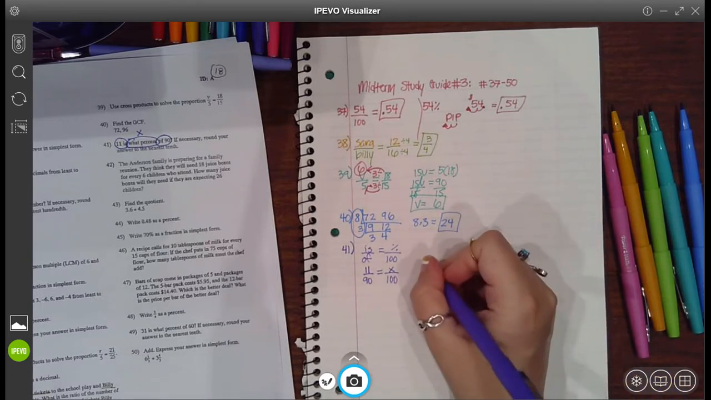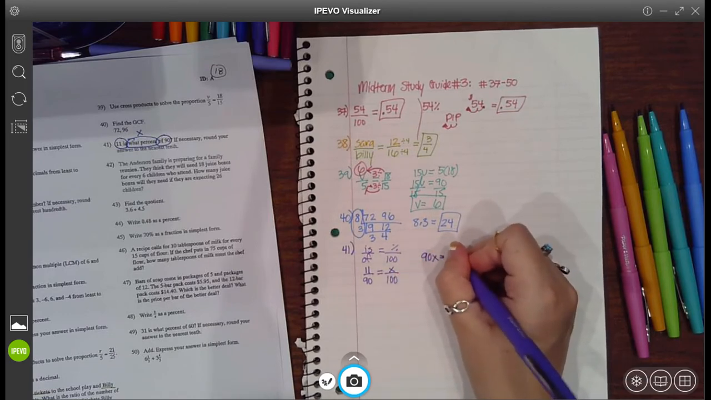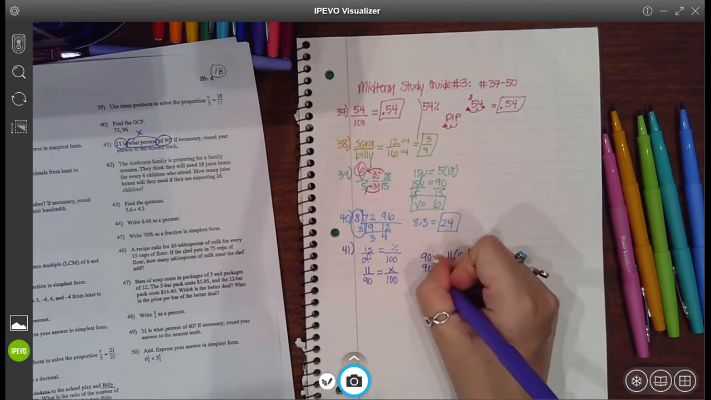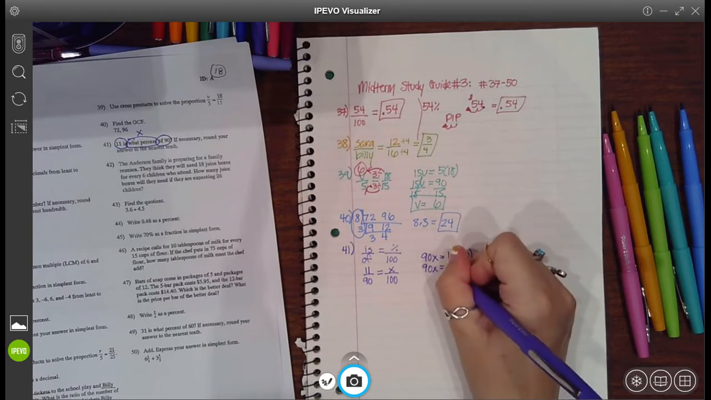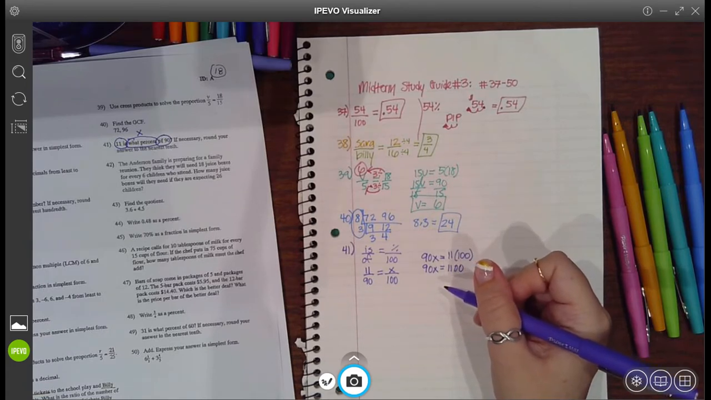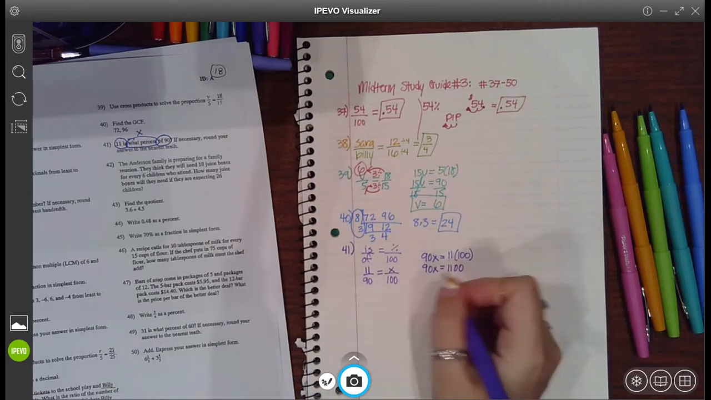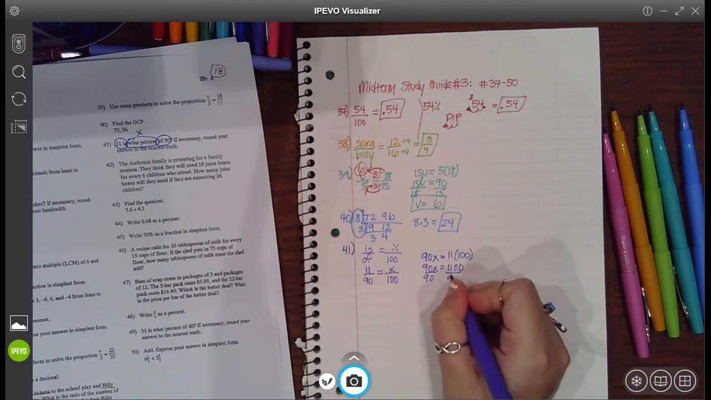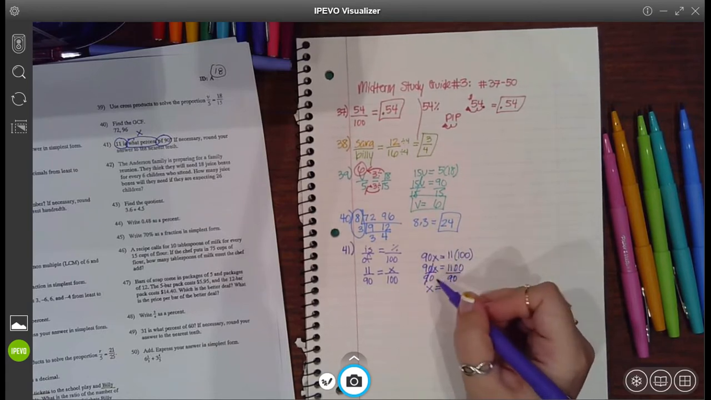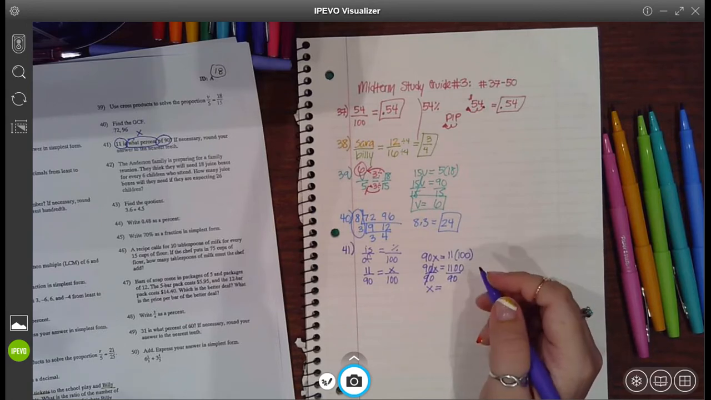So 90 is across from X, so let's go 90 times X equals 11 is across from 100, so 11 times 100. Okay, 90x, I just bring down. 11 times 100 is 1100. Now, what do you do to get x by itself? Okay, hopefully you said that you're going to divide both sides by 90. Because 90 divided by 90 is 1, so you have 1x equals whatever you do to one side, do to the other. And you have 1100 divided by 90, you get